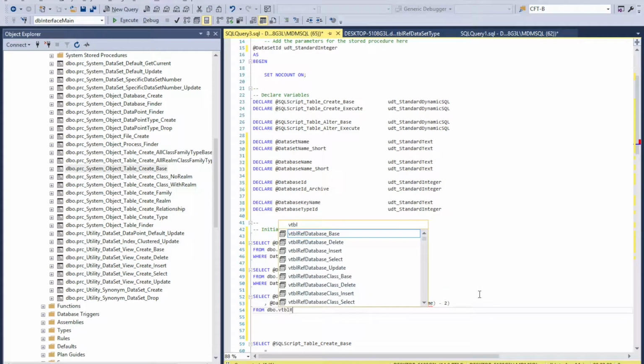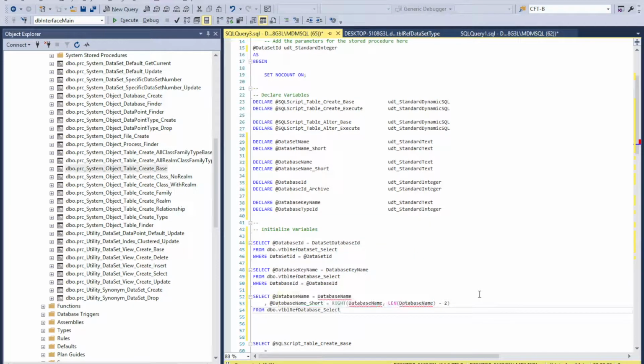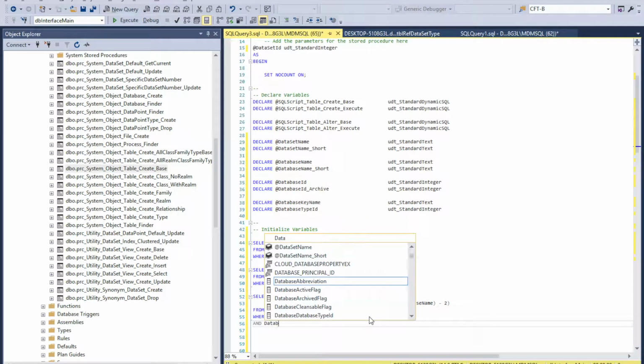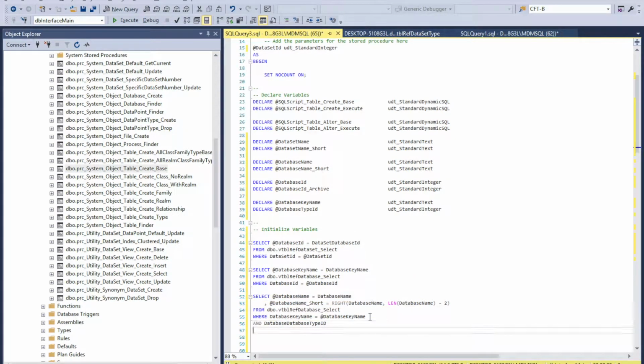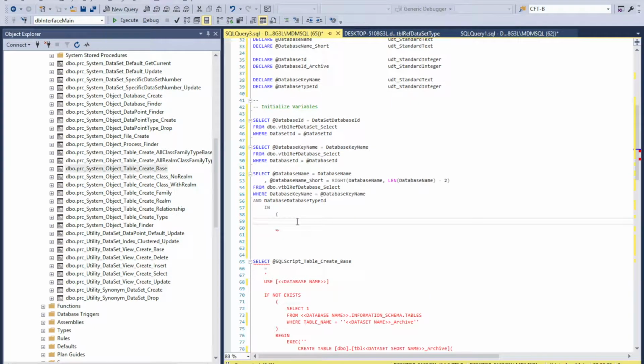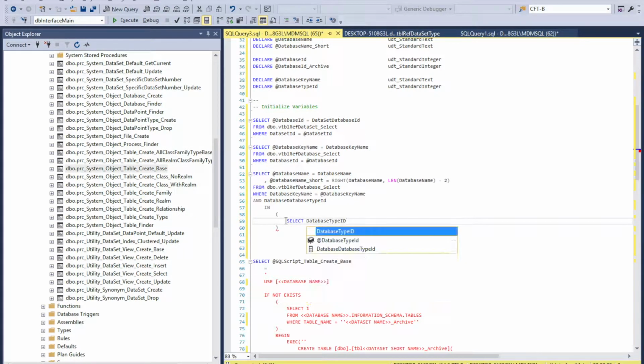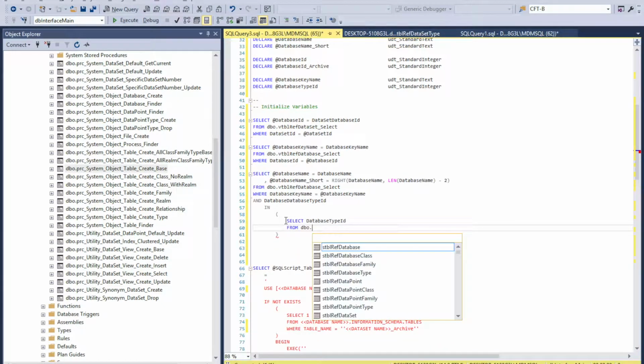From dbo.vtbl_ref_database select where the database key name is the key name that we just grabbed, but the database type ID is in select database type ID from